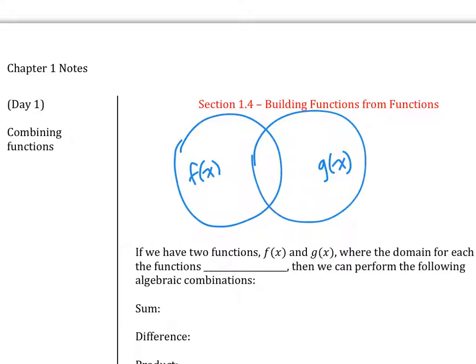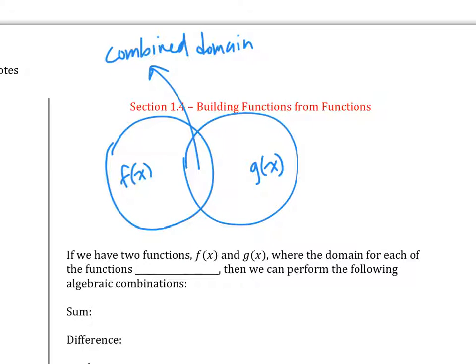So f of x has its allowed domain. G of x has its allowed domain. When we add them together or combine them, we're going to look at their intersected domain. So this is the combined domain. So if we have two functions, f of x and g of x, where the domains for each of the functions overlap, meaning there's some here, some there, they are the same kind of domains,